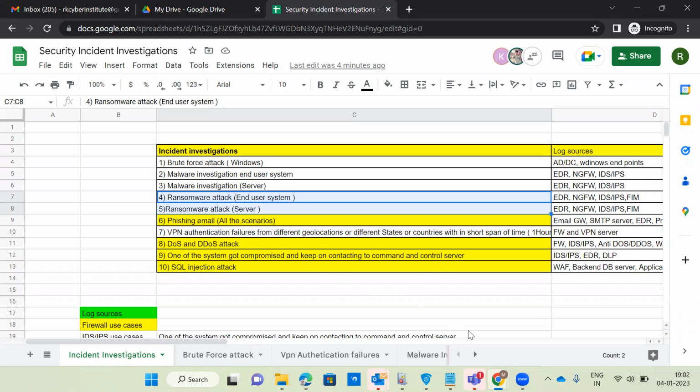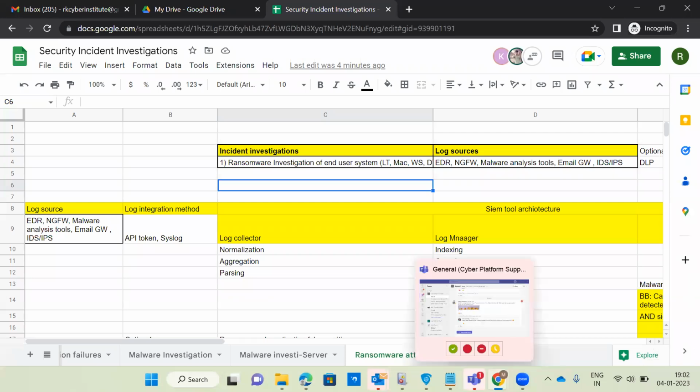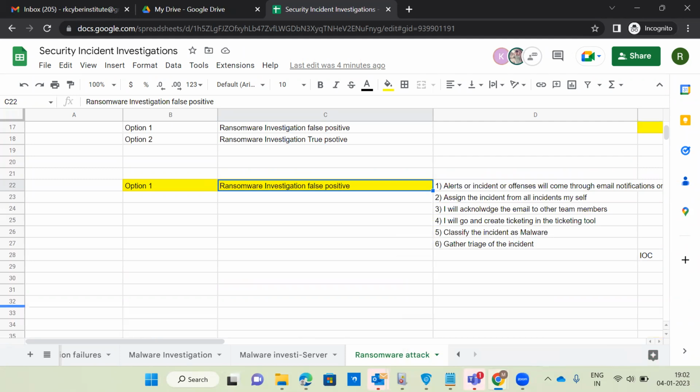Okay. Can anyone explain what is a ransomware attack? It is a malware category. In this, the attacker tries to send files to the system. Whenever the end user clicks on this file,